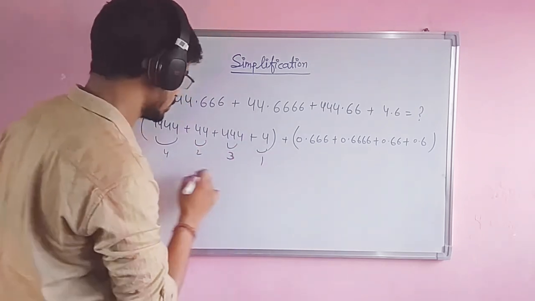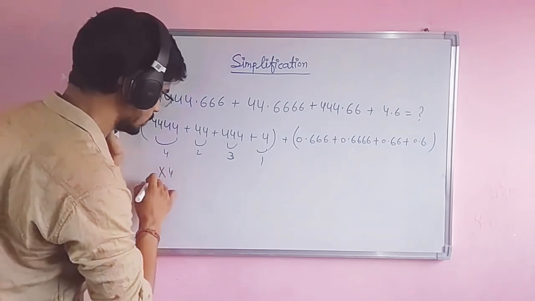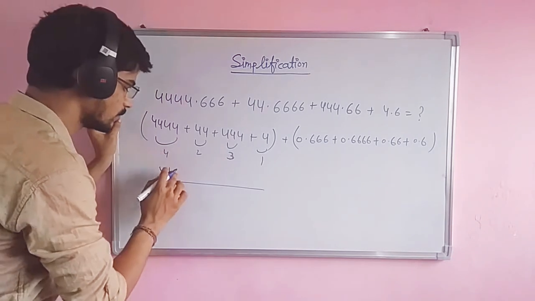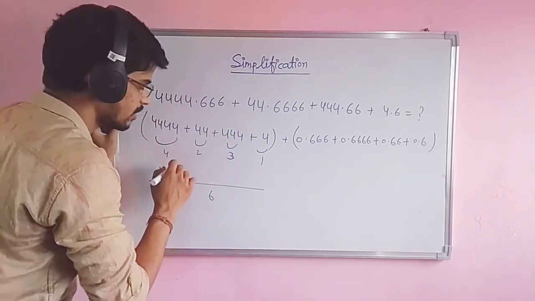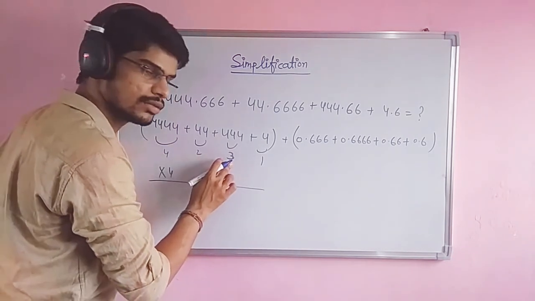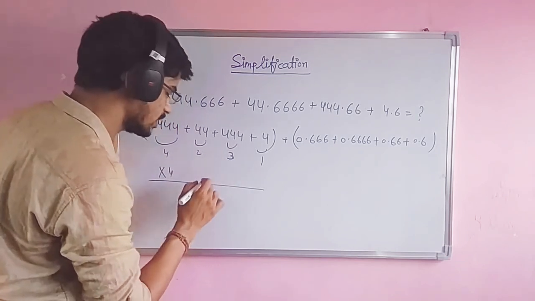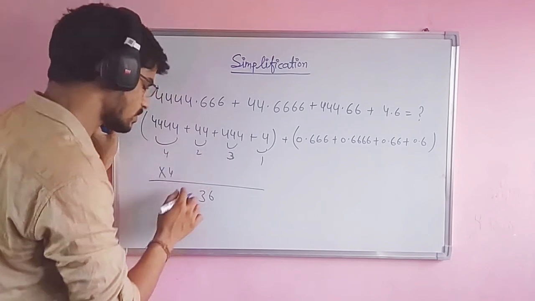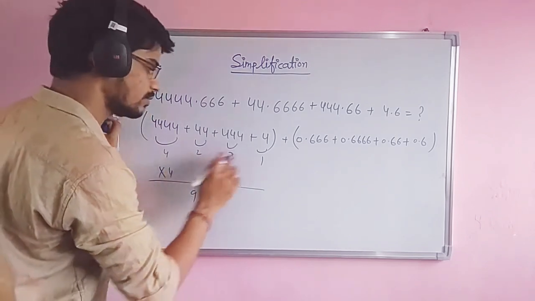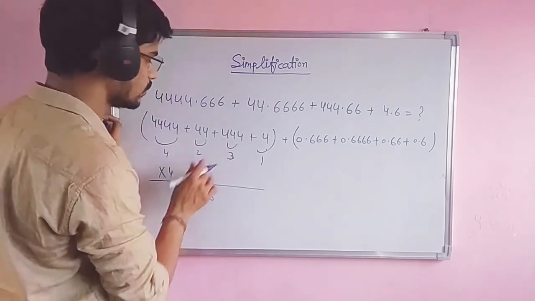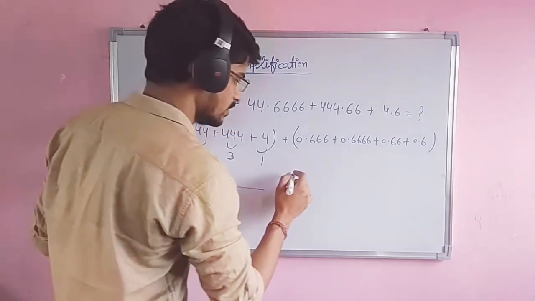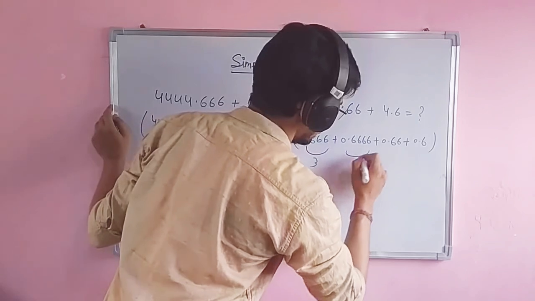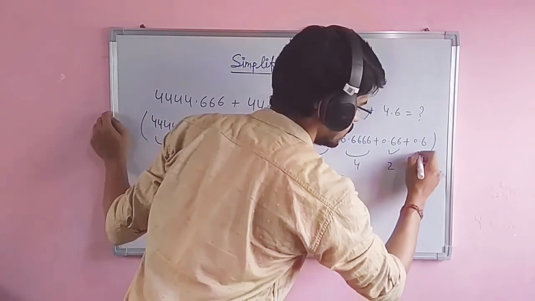Here 1 time. Multiply by the 4, because of the occurrence of 4: 4 4s are 16, carry 1. 4 3s are 12, 12 plus 1 is 13, carry 1. 4 2s are 8 plus 1, 9. 4 1s are 4. Here is the calculation of this portion. And here how many times? 3 times, here 4 times, here 2 times, here 1 time.